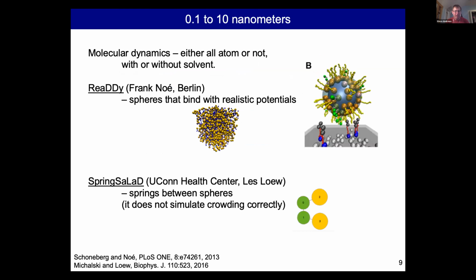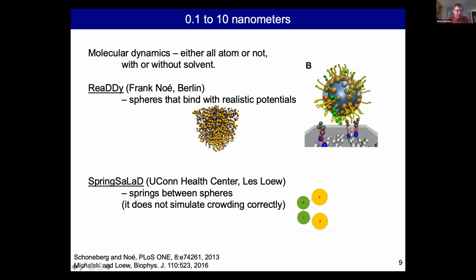On the small size scale, 0.1 nanometers is now pretty tiny for most systems biologists. Yet we have molecular dynamics. That's what chemists think of as computational spatial simulation. This is all atoms or maybe single molecules, with added solvent. A lot of high computational effort for a very small volume of space and a very small amount of time. That's really chemistry, I would say, or physics.